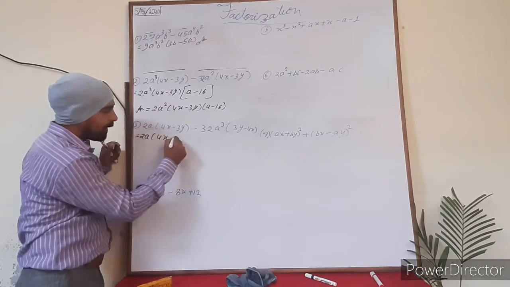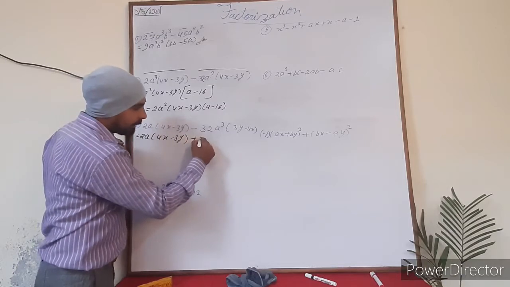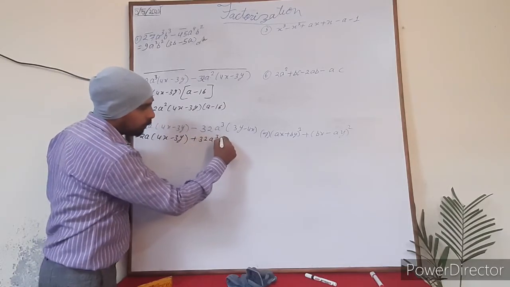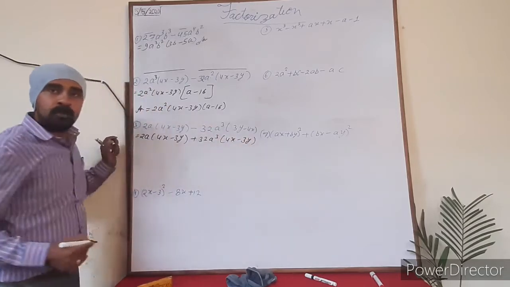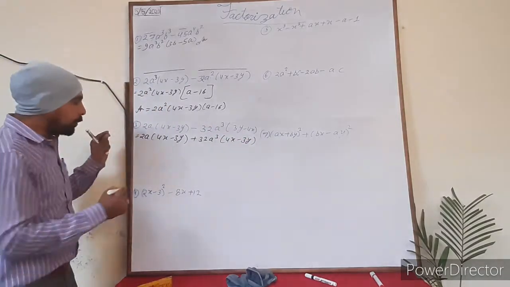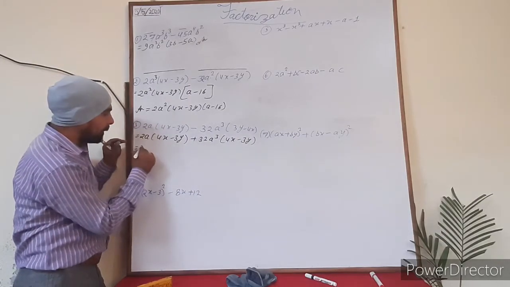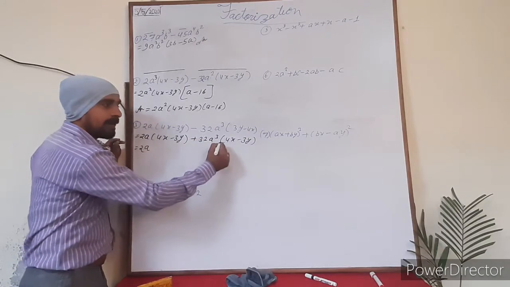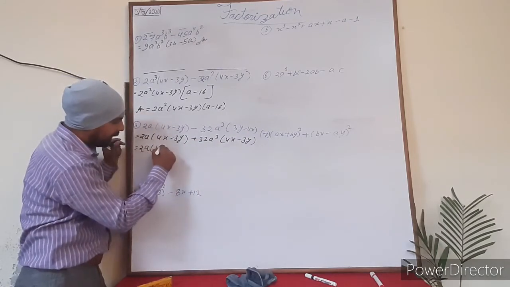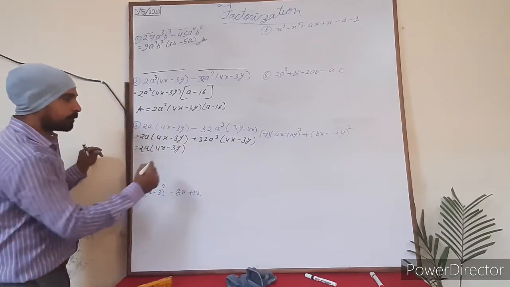So that will be 2a inside the bracket, that is 4x minus 3y, and it is plus 32a cube inside the bracket, that will be 4x minus 3y। चीजें कितनी आसान हो गई आप देखिए। उसके बाद आपको कुछ नहीं करना है। In 2 and 32, 2 is common, in a and a cube a is common, and this is also 4x minus 3y and this is also 4x minus 3y, so 4x minus 3y will be taken as common.